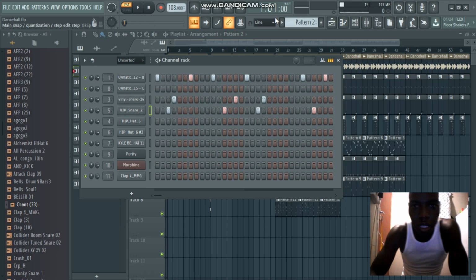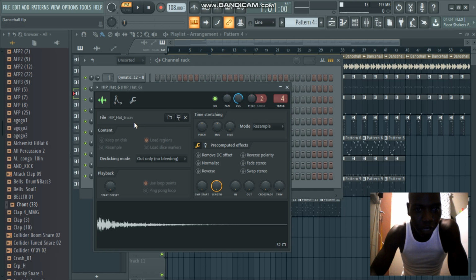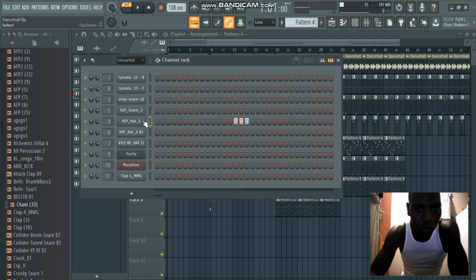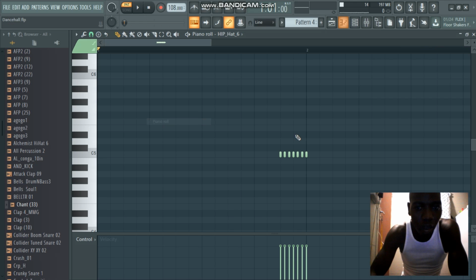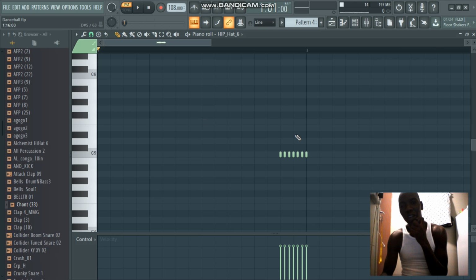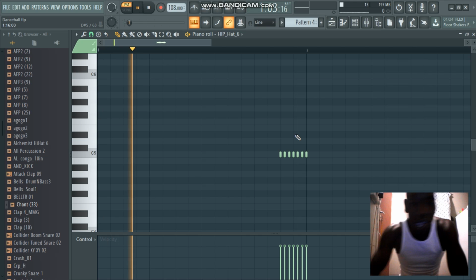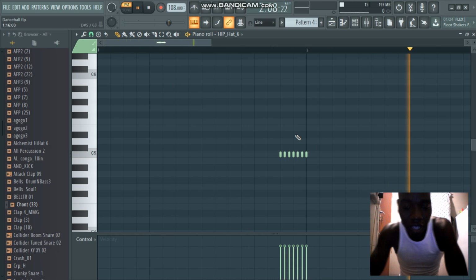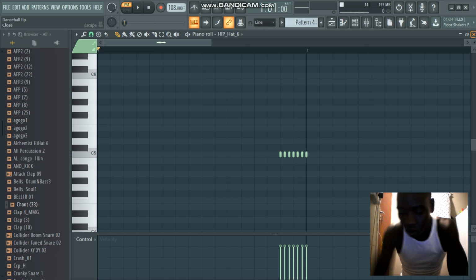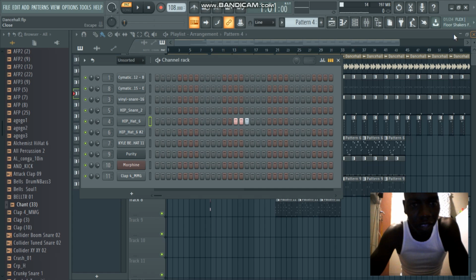and put this hip head. This hip head, it sounds like this. This hip head comes with FL Studio. So this is the one which, when a kick hits, it goes like this. So you can listen to it. Yeah, something like that. It goes like that. So after that, I went on and did these